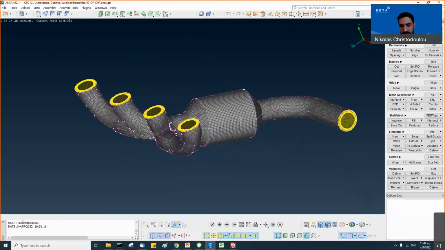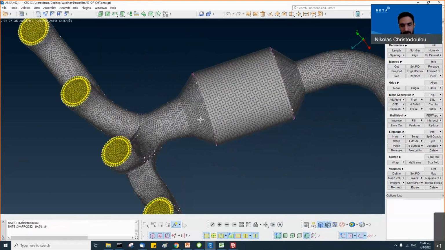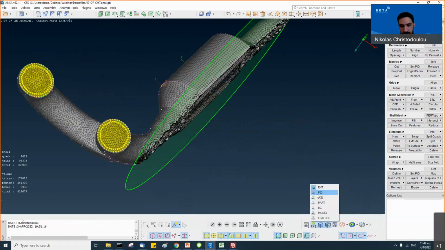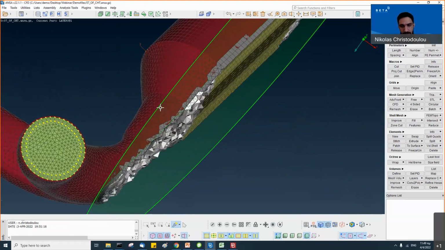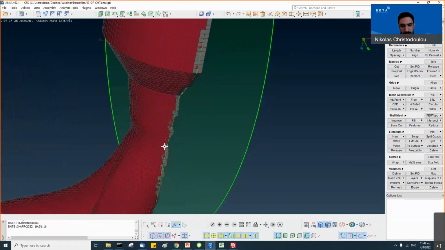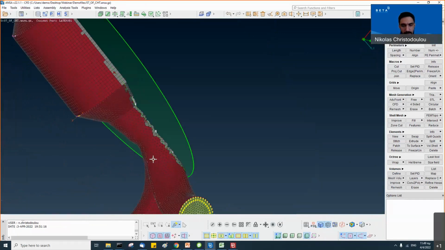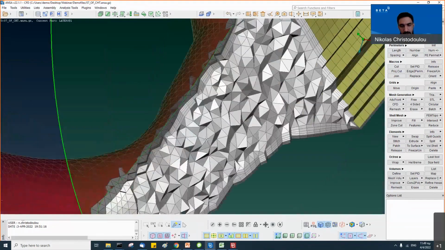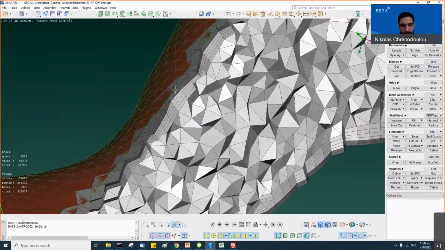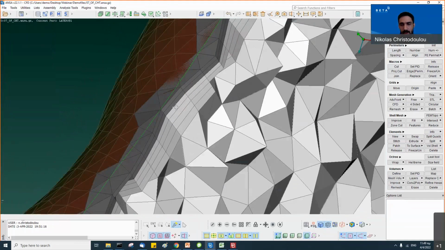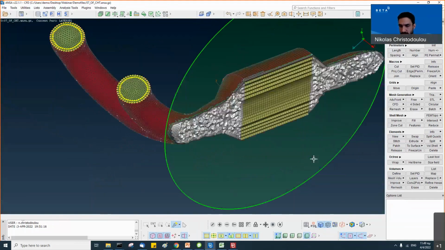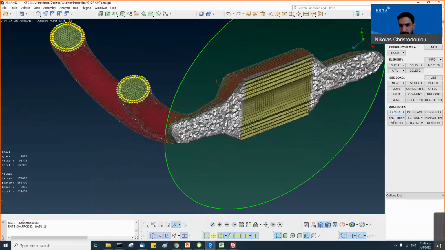Here it's an exhaust manifold, and if I activate a cut plane, you can see the different zones. There is the fluid zone, the solid zone, and also the porosity area in the catalyst.